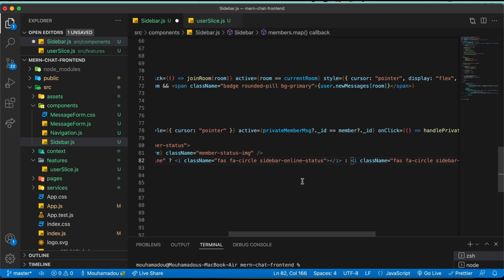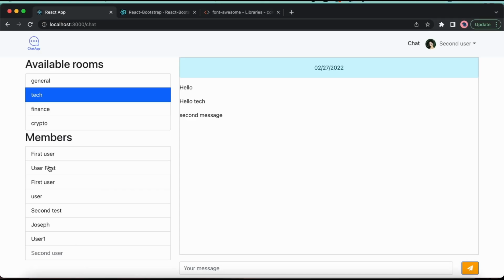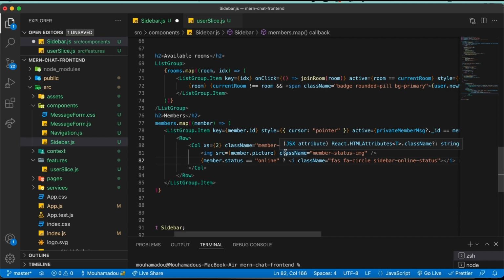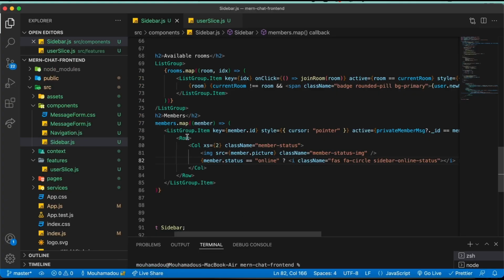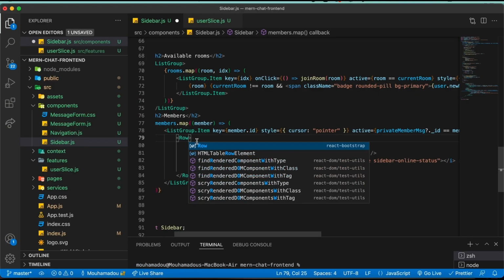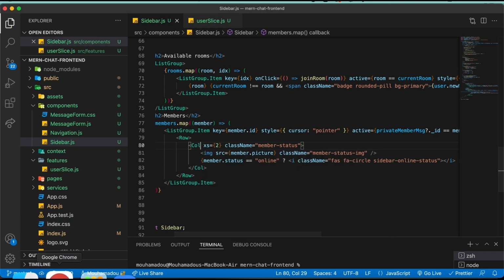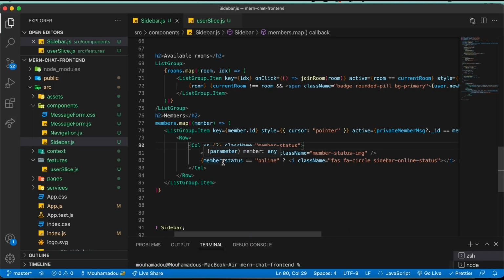Alright, so it should show the user now. Let's see, refresh. It's not showing the user image. Oh, we need to save. So Row and Column, let's import them. So Row, Column, and we are having very big images, very big pictures. So let's create here